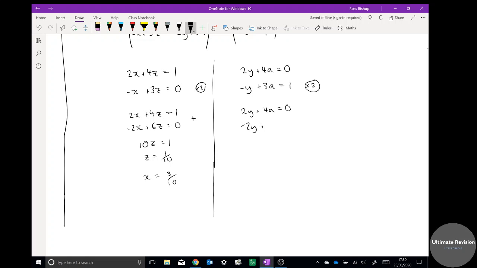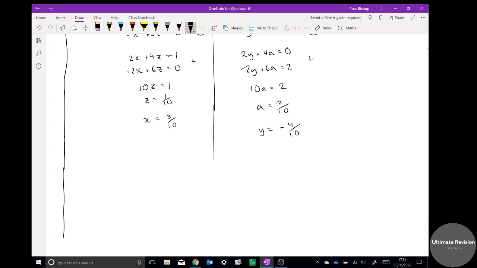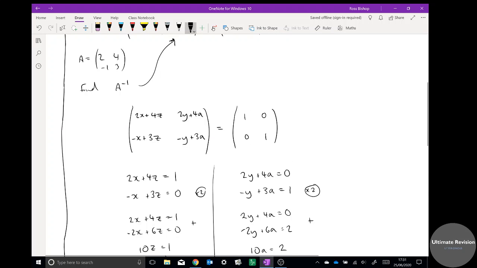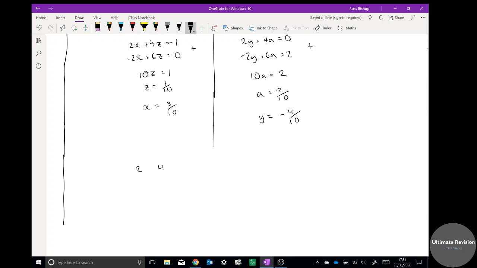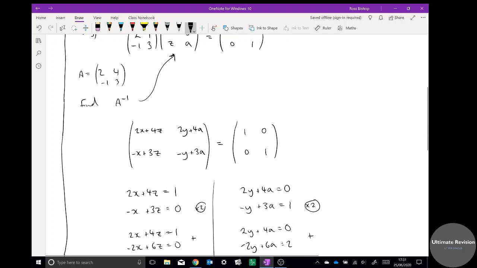Minus 2y plus 6x. Add the two equations, so 10y equals 2/10, and y will equal negative 4/10 there. So I can now put that back into my matrix here. So it was 2, 4, minus 3, 2, 4, minus 1, 3, and I would need to